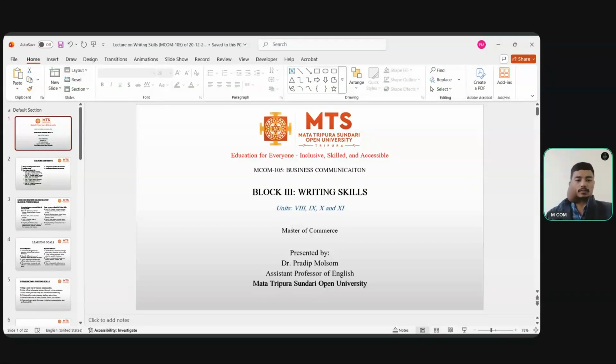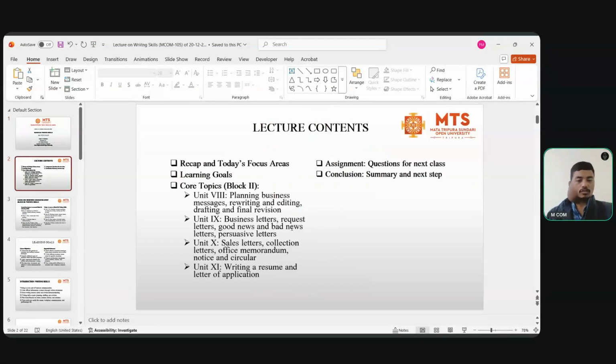So now let's look at the contents. Today's lecture's contents: first, we will begin with a recap of previous lectures so that we can clearly connect listening skills with writing skills. Second, we will discuss the learning goals. These learning goals tell us what you are expected to learn after completing block 3. And then we will move to the core topics of discussion